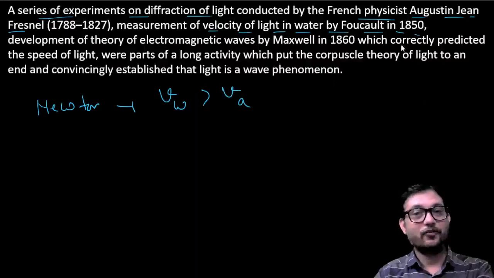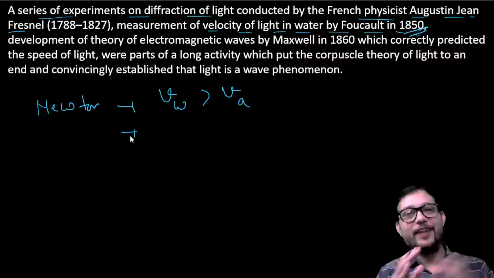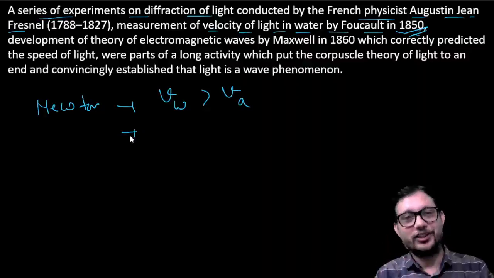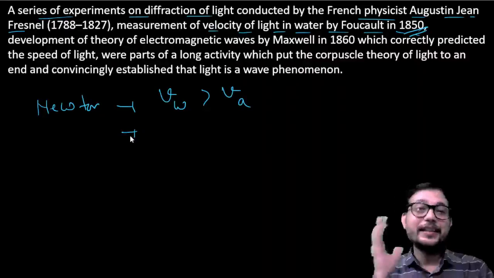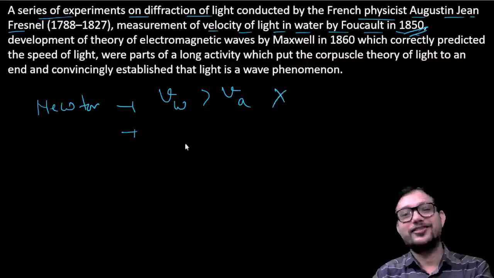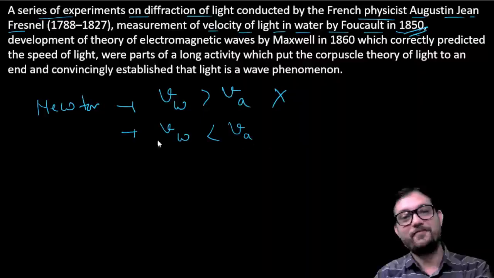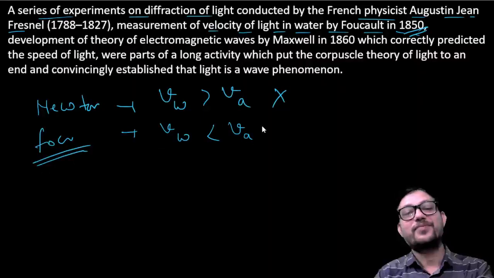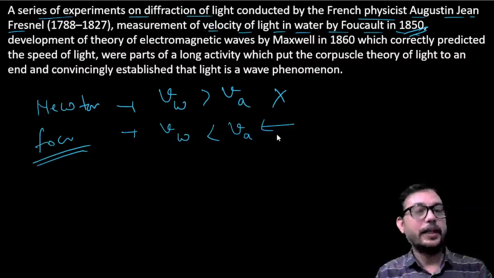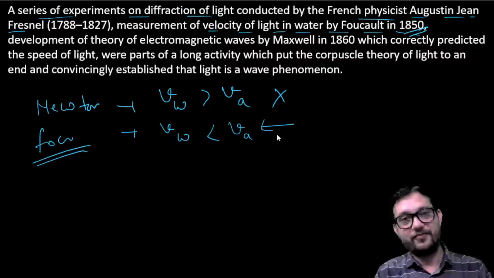But when in 1850 Foucault calculated it, that was only a coincidence that he calculated the velocity of light, but whatever. He calculated the speed of light in water and found that Newton was wrong. The speed of light in water is less than the velocity of light in air. So this is according to Foucault. And by experiment, it means now there was a time that the world believed that Newton may be wrong and